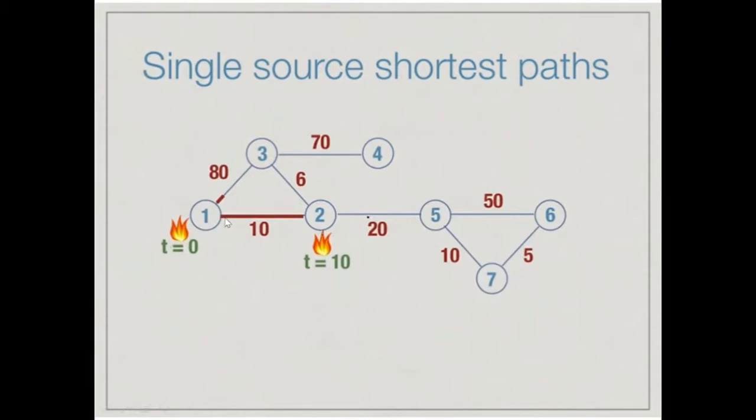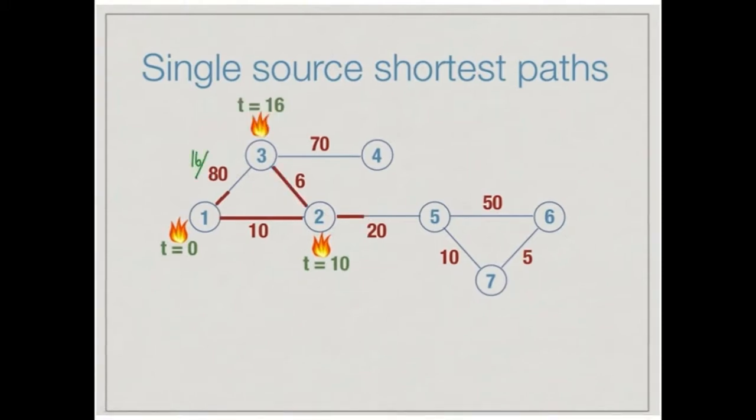So after 10 seconds, depot number 2 will also catch fire, because the weight of this edge is only 10. We assume that this is the time the fire takes to reach from depot 1 to depot 2. And in those initial 10 seconds, the fire will only reach 1/8 of the pipeline connecting depot 1 to depot 3. Okay, now let's move ahead.